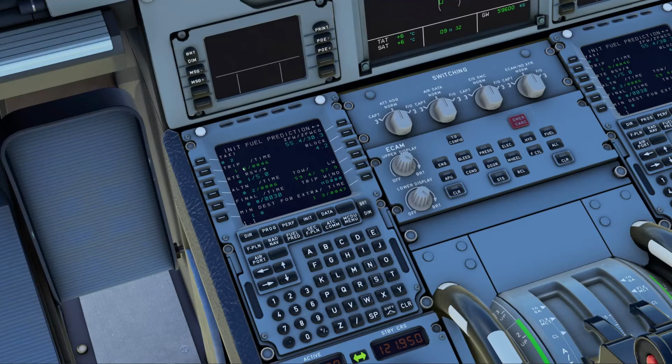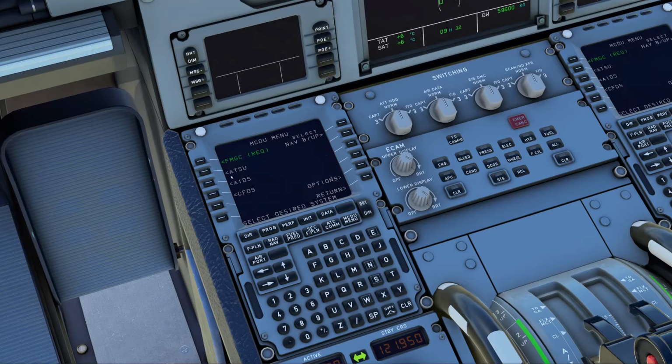Anything blue there you can adjust. Okay, and 0.1 you can put there. All right, and extra, so 16 minutes to get to our alternate. Okay, so that is done.